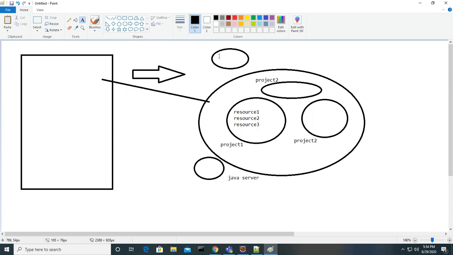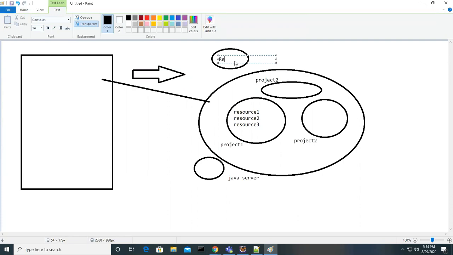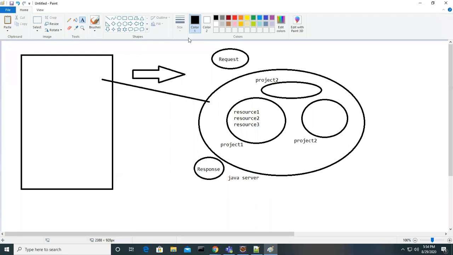These are two class objects, and these classes already have the implementation of the ServletRequest and ServletResponse interfaces. These two objects will be created as soon as the request comes.